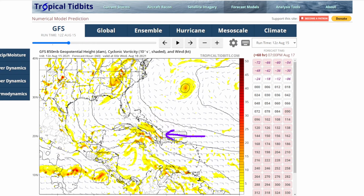And so there's not really a whole lot forcing this to gain latitude in the time that this is moving near Hispaniola. So this may actually be able to slip south of Hispaniola, and that would pretty much take the land interaction out of the conversation here. And regardless of land interaction at this point, it really would not be able to feel negative effects of that land interaction due to the fact that it is disorganized